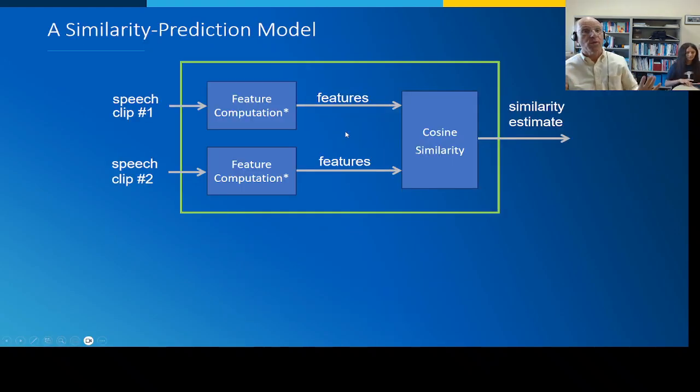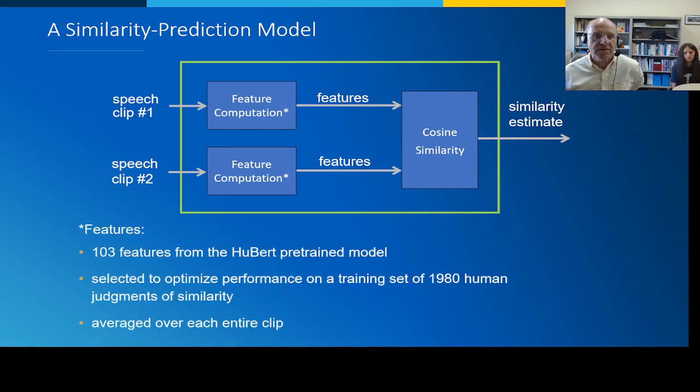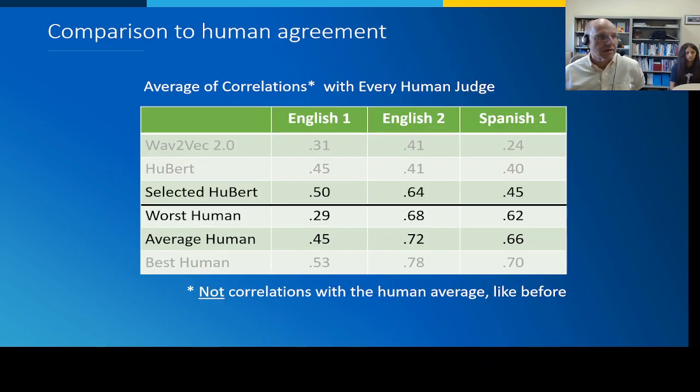Right. So we actually used this data to build a model. The input is two audio clips. The output is a similarity estimate. So it does just what the humans did. It gave us an estimate between 1 and 5 of the similarity. Internally, that's a different paper, but we used HuBERT features, down-selected. The performance is pretty good. Compared to the worst human, it's in the range, and it's not terribly far below the average human. And considering that these are very well-trained, well-paid, well-fed humans, we think it would probably outperform the average Mechanical Turk